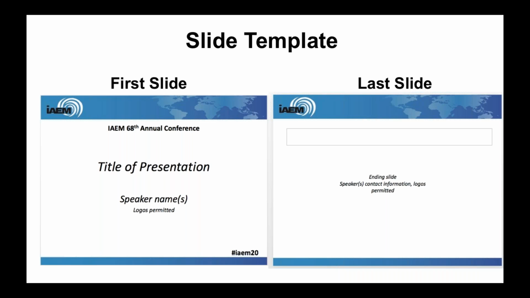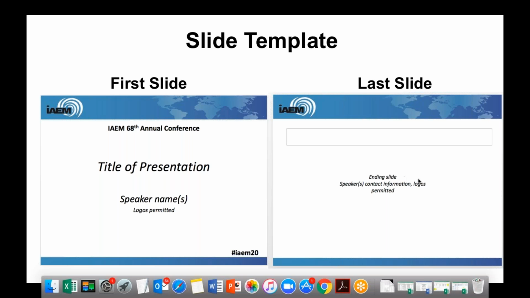Folks, we're really strict about using the slide template and only allowing speakers to insert company logos on the first and last slide. We will not allow speakers to use the IAEM conference as a platform to promote their company or organization. That is why we have the EMACs. Of course, someone in the audience is probably wondering how the logo rule applies if the proposal is about a program or unit with a specific logo, like America's PrepareAthon. If this is you, please make sure you talk to one of us so we can advise accordingly.